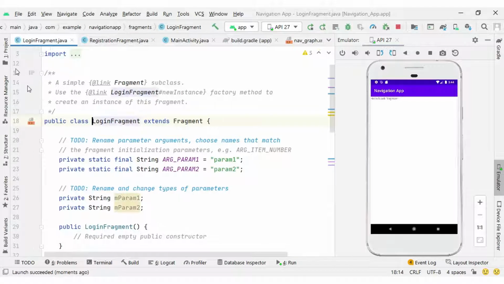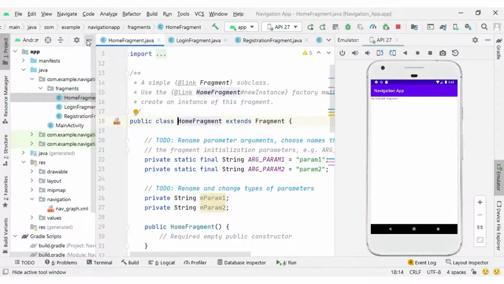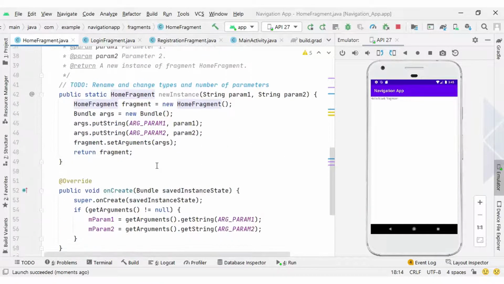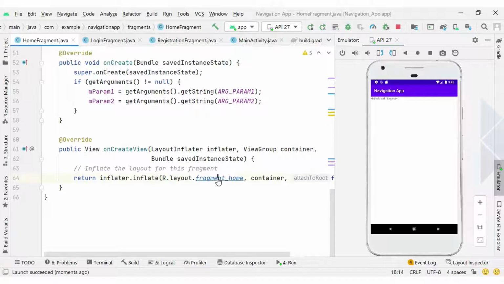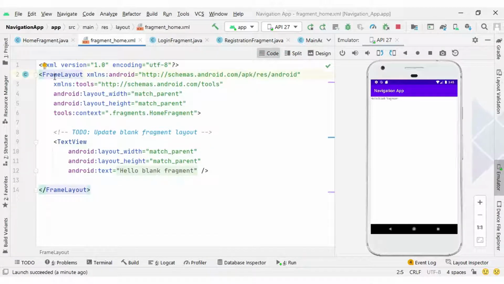So now let's have two buttons inside our home fragment, and on the click event of each button we will redirect to login and registration fragment, right? So here I'm going to create two buttons inside our home fragment's layout file.